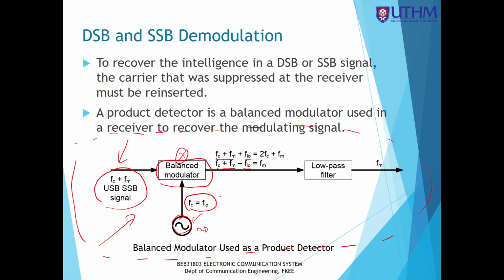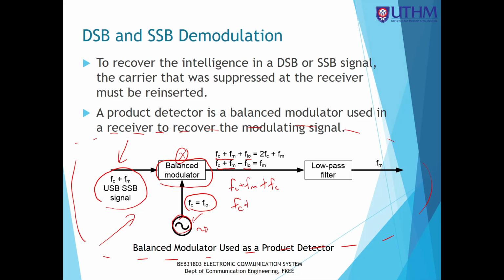Since FLO is equal to the carrier frequency, we can cancel out the carrier frequency. For example, we get FC plus FM plus FC, which is an upper frequency,